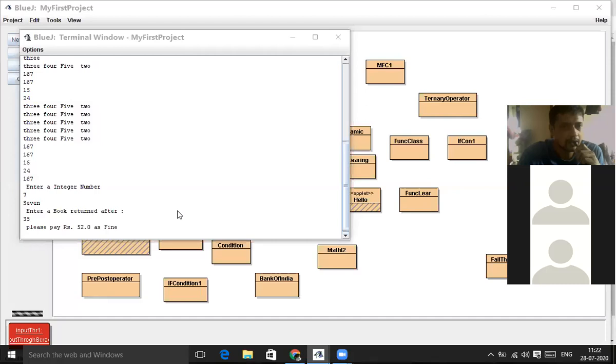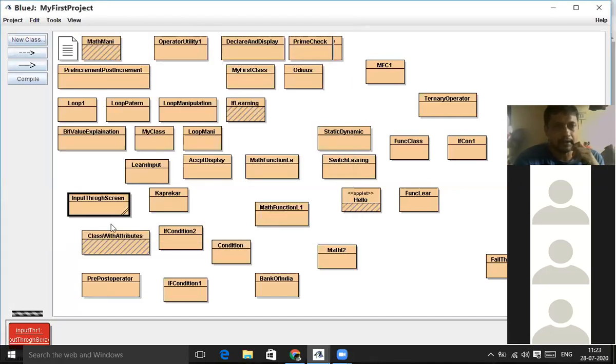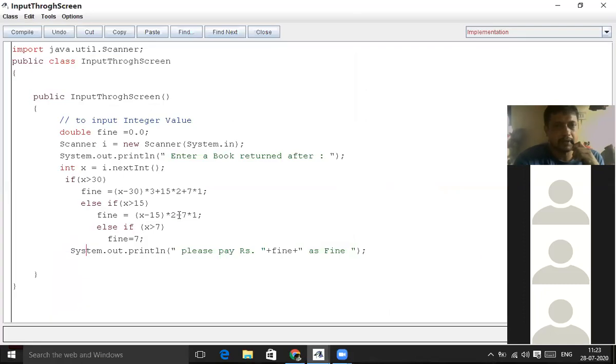I wanted to say that in the program, if the question says fine for 1 or 2 days, you have given the last line as x is greater than 7. So shouldn't the last line be x into 1 into 5? Why? For 1 or 2 days there is no fine. For the first 7 days there is no fine. If you return within 7 days, there is no fine. Actually, what I said you did not listen, I believe. For the first 7 days there is no fine.